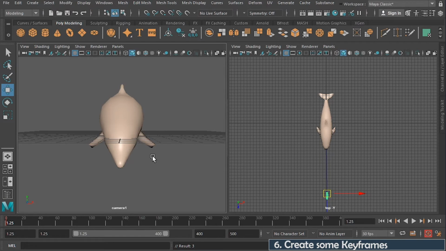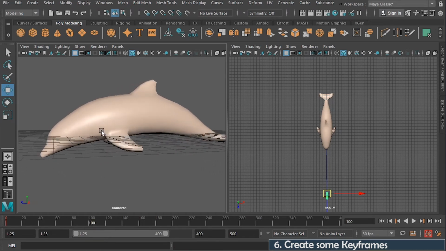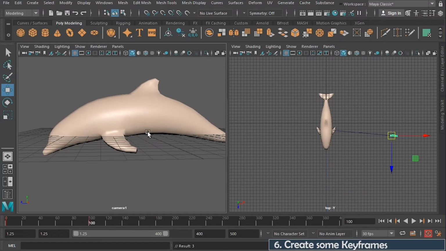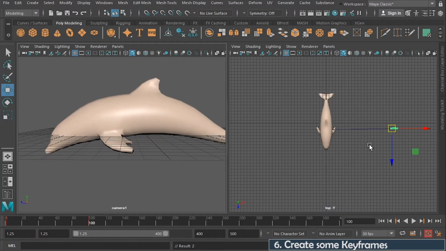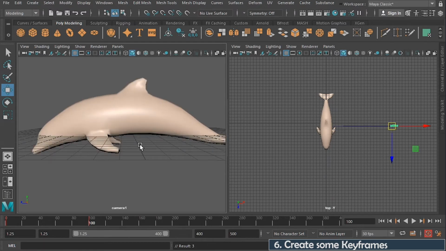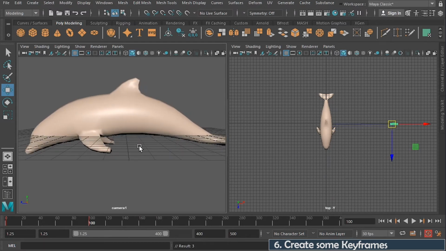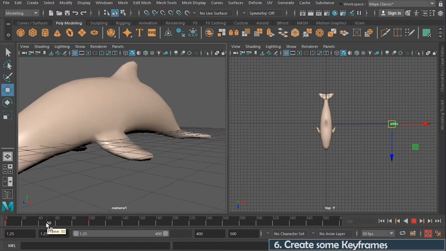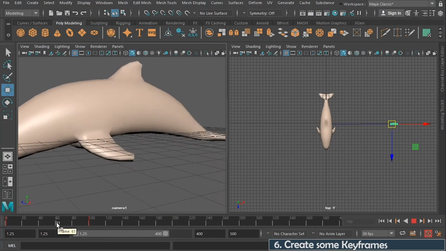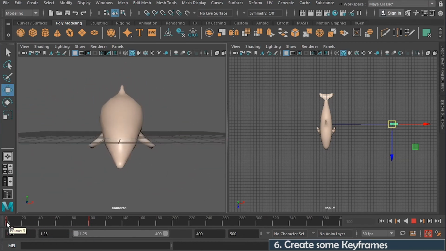Once I've done that, it's ready to do the next frame. And so I'm going to go over here to time 100. I'm going to move my slider over to time 100. And now I can rotate the camera again. And this time it's going to change in the right-hand view to be at time 100. I can also do some panning a little bit if I like, if I want to get a different angle. And if I move my slider now between 0 and 100, it has automatically interpolated and figured out how this